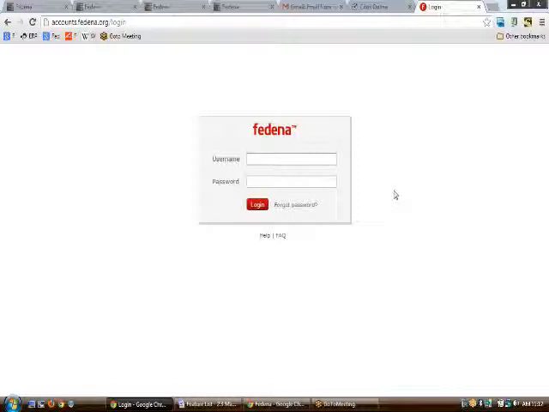On logging into the site accounts.fredina.com, this would be the login page that one would see. Moreover, the clients are basically of two types, one with the multi-school privilege and one without the multi-school privilege. First of all, we would know more about a client who doesn't have the multi-school privilege, and then we can deal with the other one.